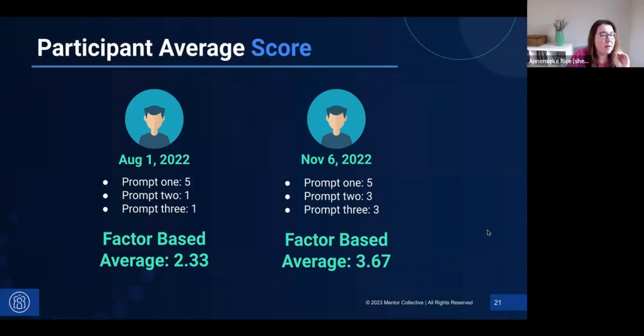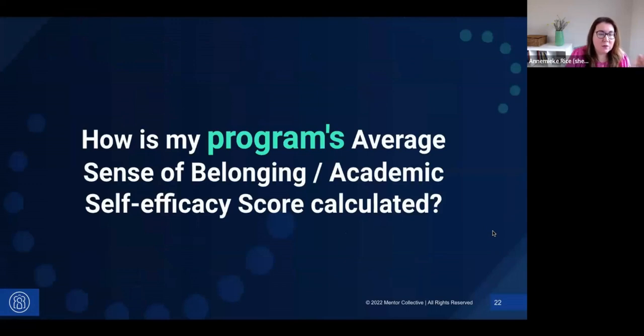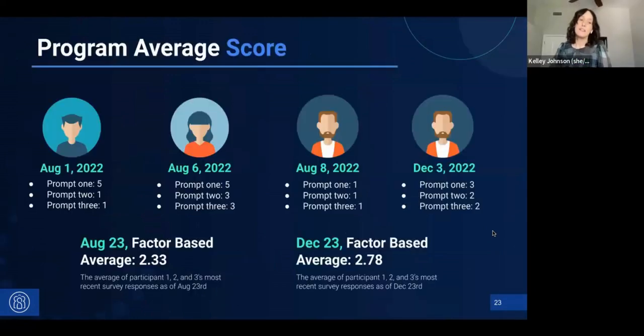Great. Can you explain that again when we talk about the overall score for the program? Yeah, of course. This is similar in that we're still always considering the most recent response. But things can get a little more confusing at this stage because you have so many people you're working with. So let's simplify and imagine you have a program with three students in it.